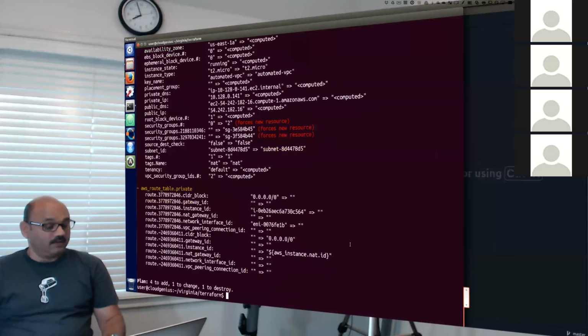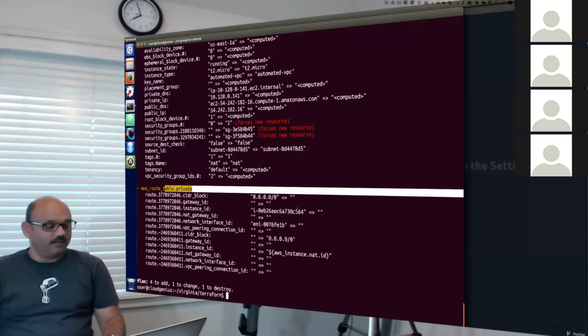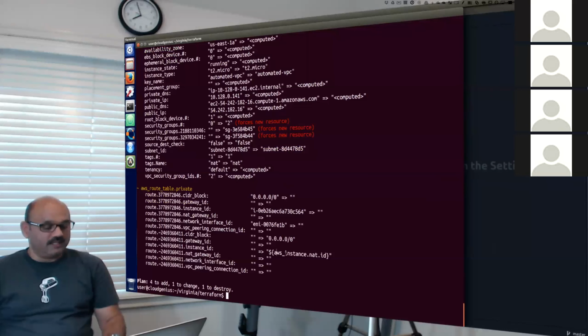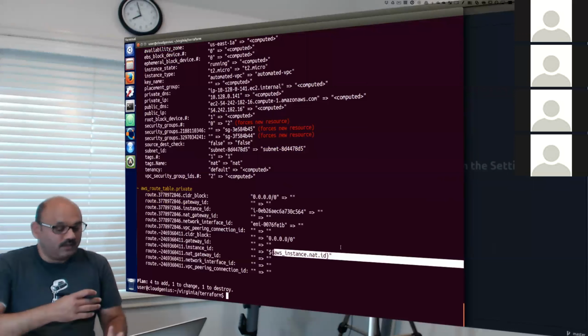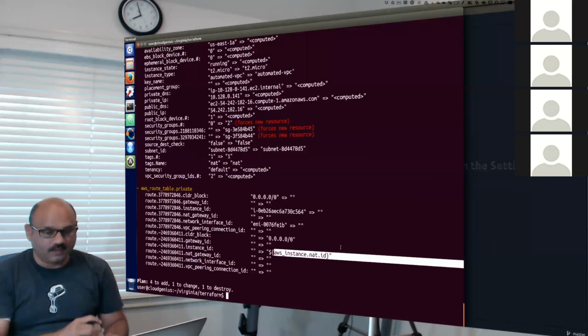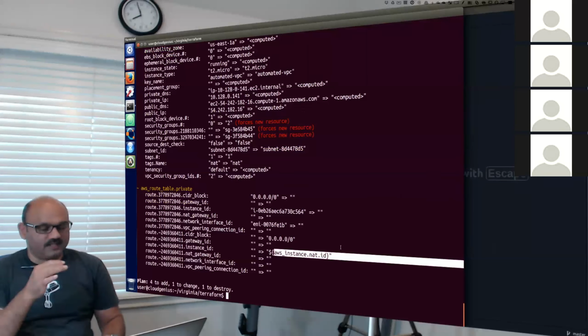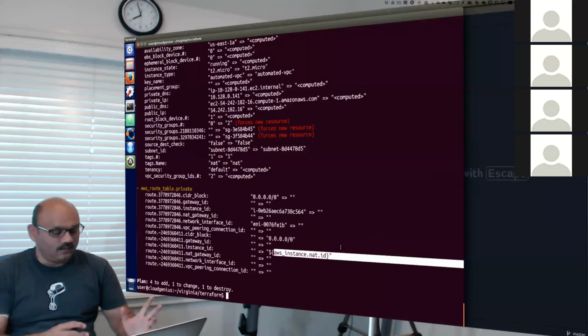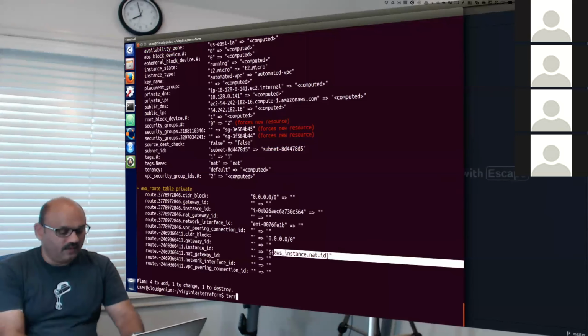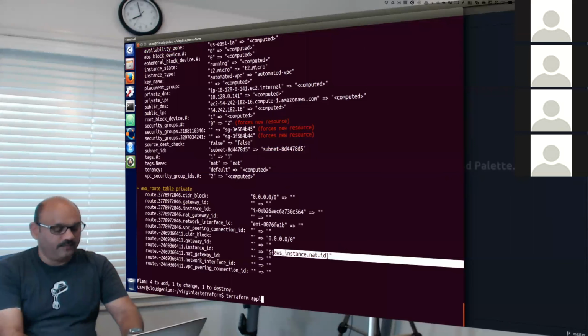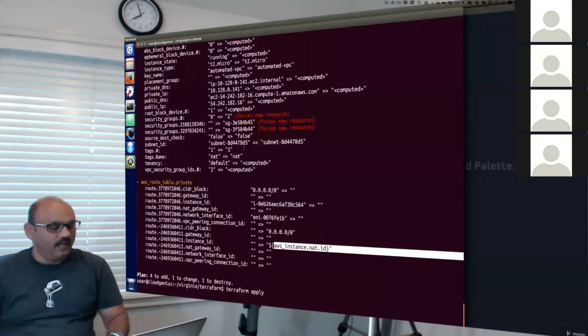It will also modify the private route table. And because that NAT instance is going to change, it will die and a new one gets created. So the route table, public route to the internet, has to go through the new NAT. That needs to change, and existing NAT needs to destroy. So now when we run, say, Terraform apply, it will do exactly what we said. And that is what we are looking at.